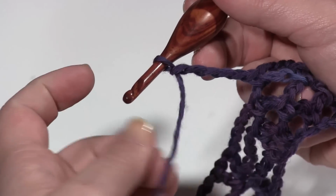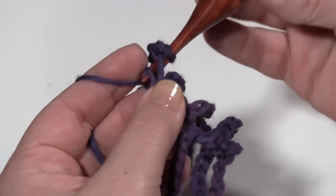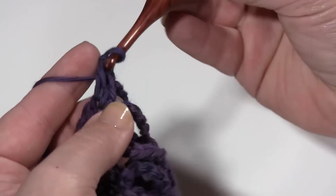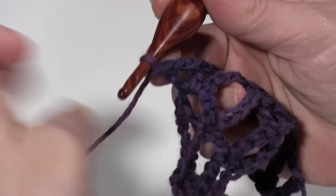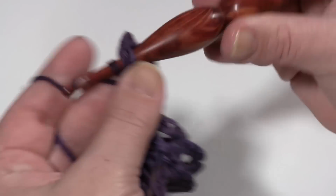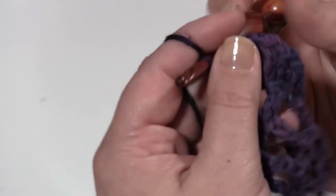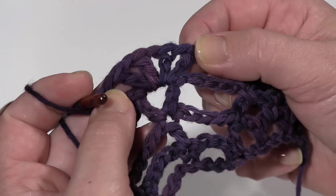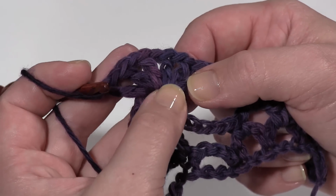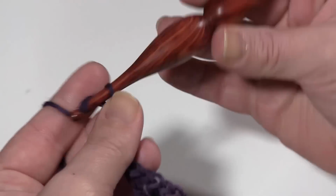It's a little fancier. What we're going to do is double crochet in that chain 1 space of the V stitch here. We're actually going to work several stitches in here. So double crochet, chain 1, double crochet, chain 1, double crochet, chain 1, keep going, double crochet, chain 1, and finally double crochet one more time. That's 5 double crochets with a chain 1 in between each one. So just like that, all into the chain 1 space of that V stitch right there. Okay, so now we're going to chain 5, 2, 3, 4, 5,